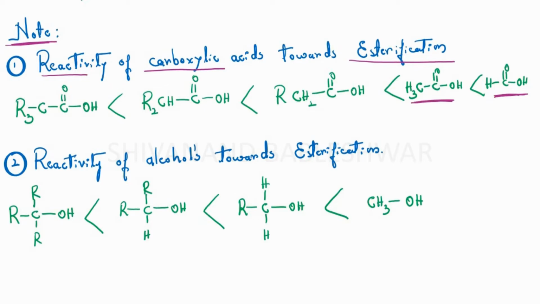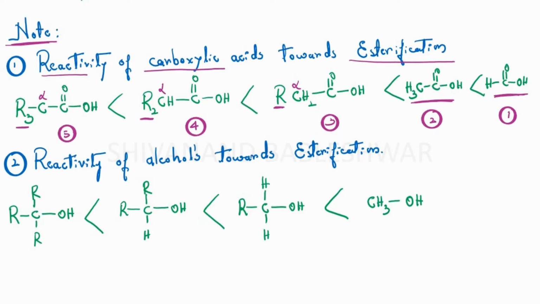And this acetic acid is much more reactive when we compare it with the previous one, that I'll write here as number 3. Because here the alpha carbon atom is substituted by one more alkyl group, therefore it is showing less reactivity. So let this become 2 and this become 1. In the fourth one we can see that the alpha carbon atom is disubstituted by 2 alkyl groups, and in the fifth one the alpha carbon atom is having 3